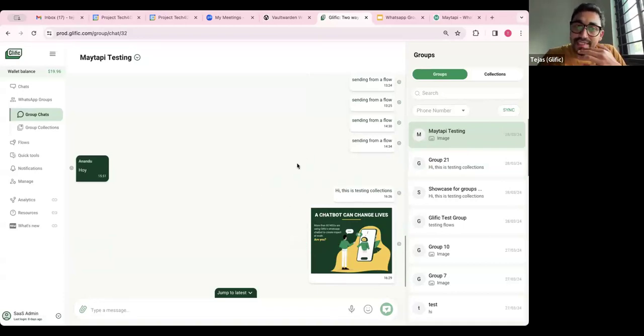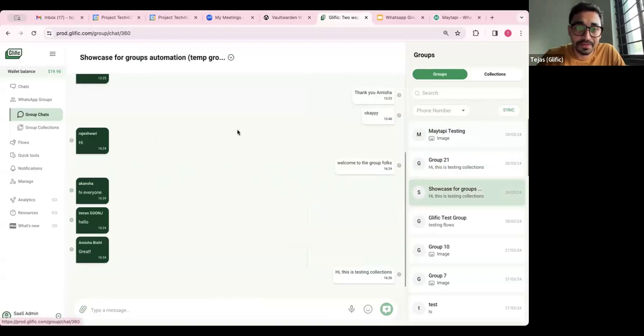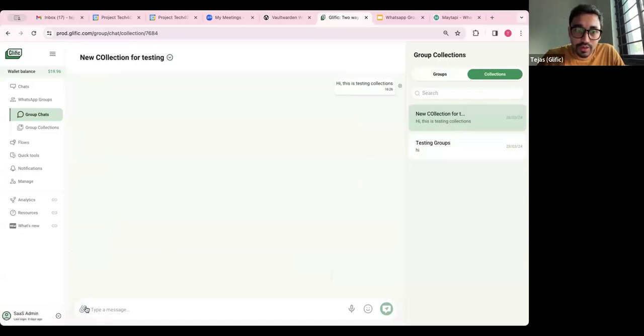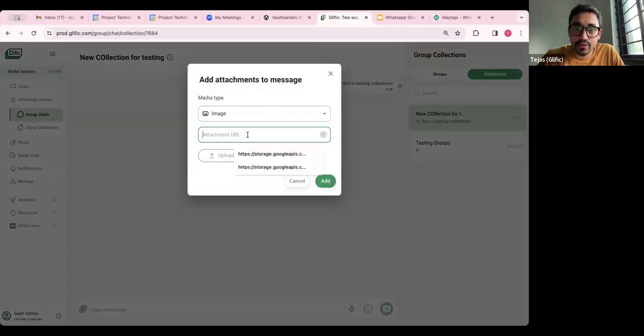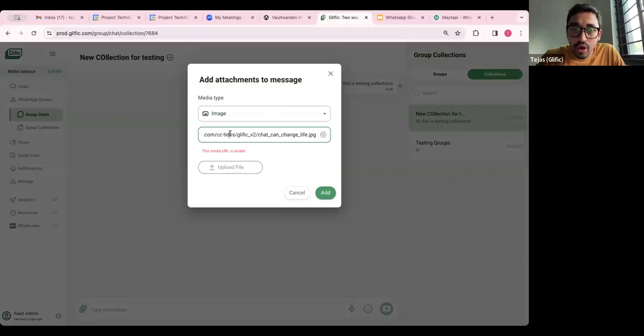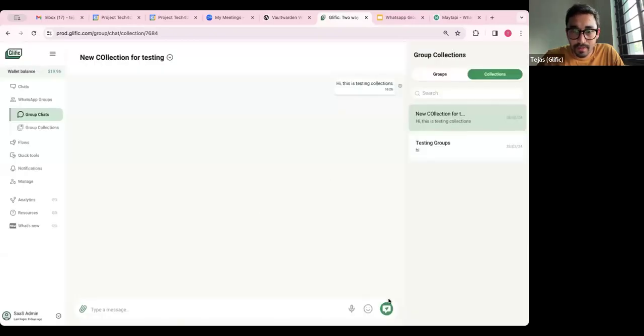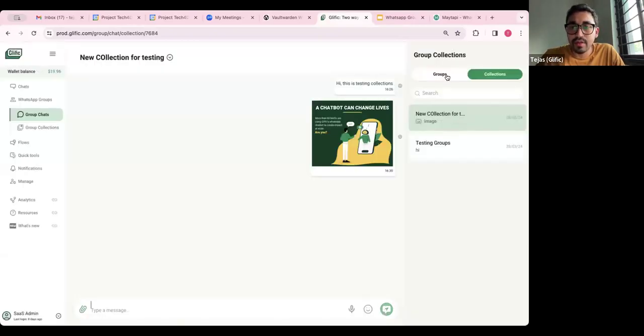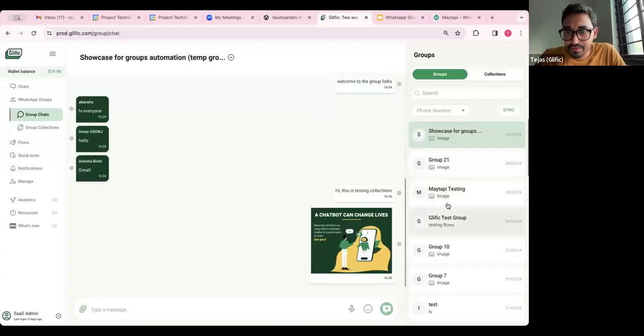And also, if anyone wants to try sending a dummy image from your phone, or try sending a voice note to the group that you just joined, we can see that come up, and we should be able to receive that over here. In a similar way, we can send it to collections also. If I send it to one collection, it should go to all the groups in that collection. So you should have now got that image in your group as well.